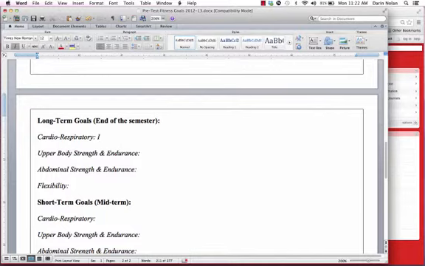For instance, I would like to be able to run 100 pacer widths by the end of this semester. So I've given a time frame, I've given a quantity, and I'd like you to do that for each of